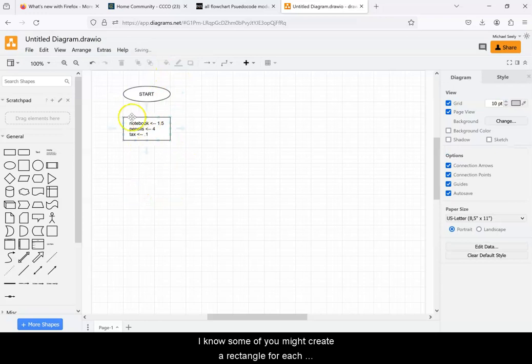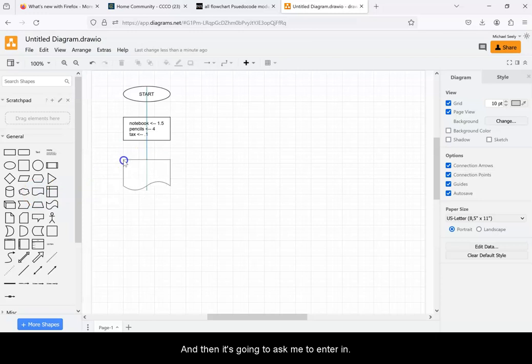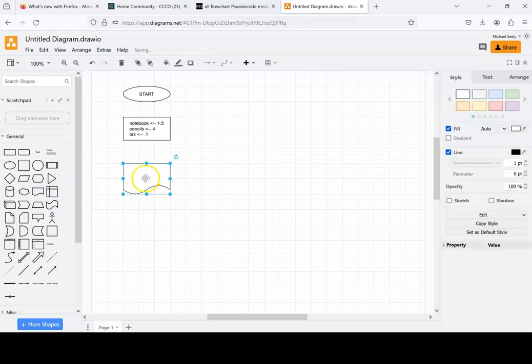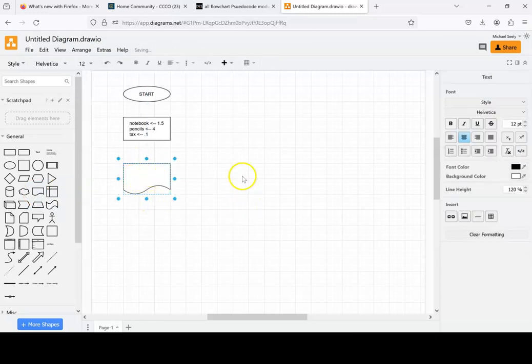Okay. Now, some of you might create a rectangle for each one of these. I'm just going to do it for all of them. Okay. And then it's going to ask me to enter the number